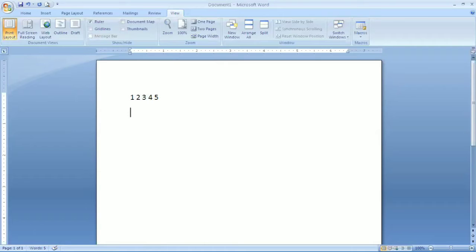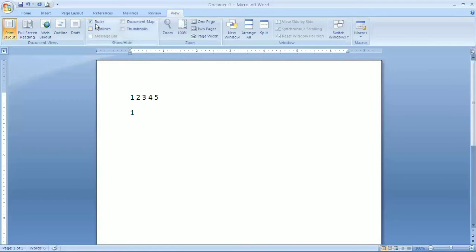But with the help of the tab key, we can provide more space. For example, now I am pressing the tab key, and by default, it will move 0.5 inch. In the ruler, you can see now we are on 0 and this one is our 0.5, then 1, 1.5.